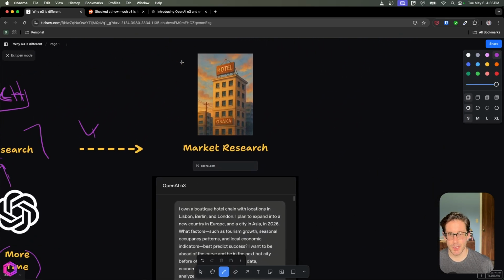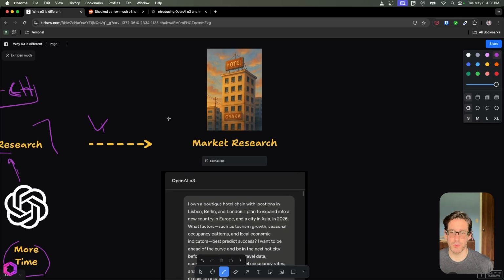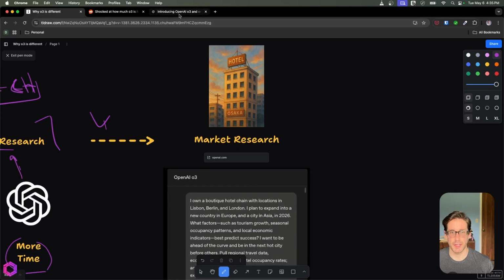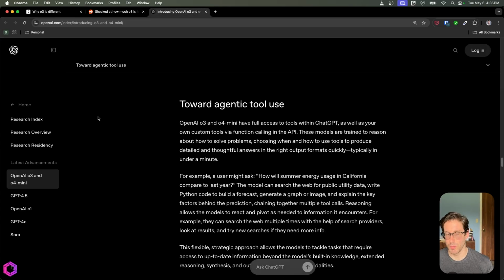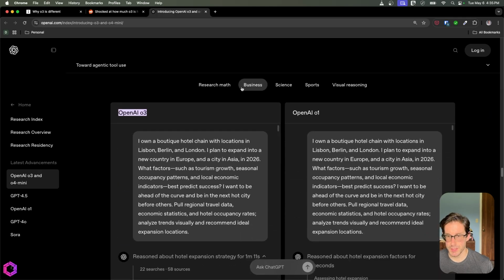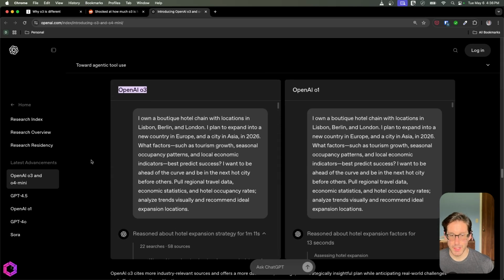But here's an example of an O3 optimal question for market research. So this was shown through OpenAI's documentation for the models. So this is when they released the models, they gave a bunch of information, blogs, and use cases, one of which was a business use case. And in here, the business use case is market analysis. Now, the question here is, why is this so useful and why is it effective? O3 is optimal for broad questions,